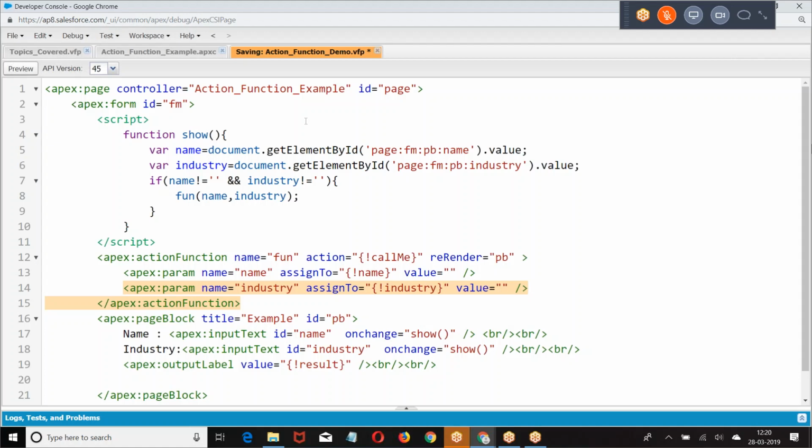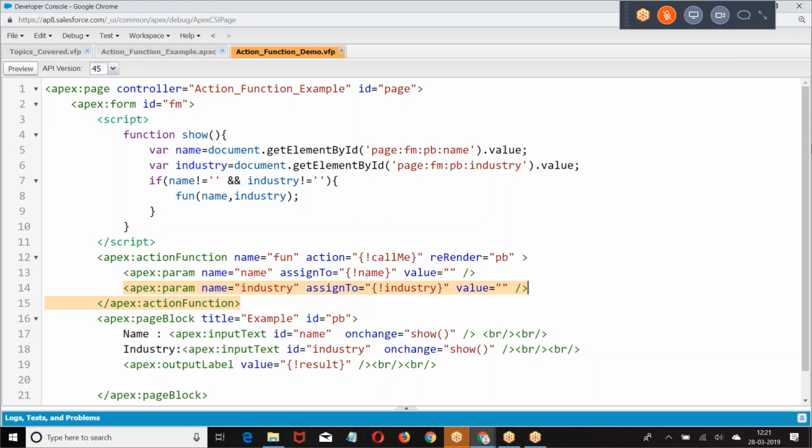What was the requirement? Whenever the change occurs, it will go to JavaScript, verify whether the values of name and industry are entered. If they are entered, then only call the method from the Apex class. Now you have a requirement like this. Enter the username and password. When you enter them, it will verify. After entering the username and password only, go to the server and check whether they are valid or not. If you don't enter them, don't send it to the server, throw the error message here itself.